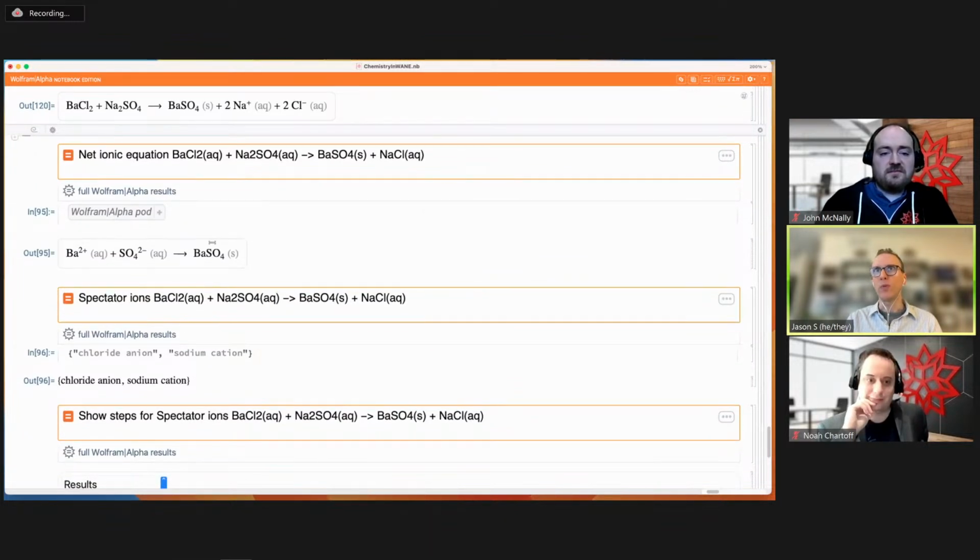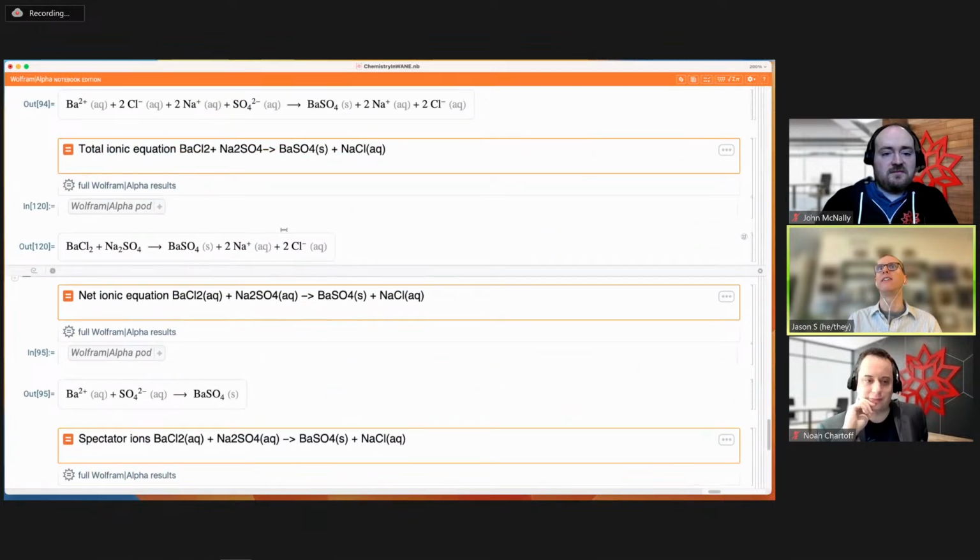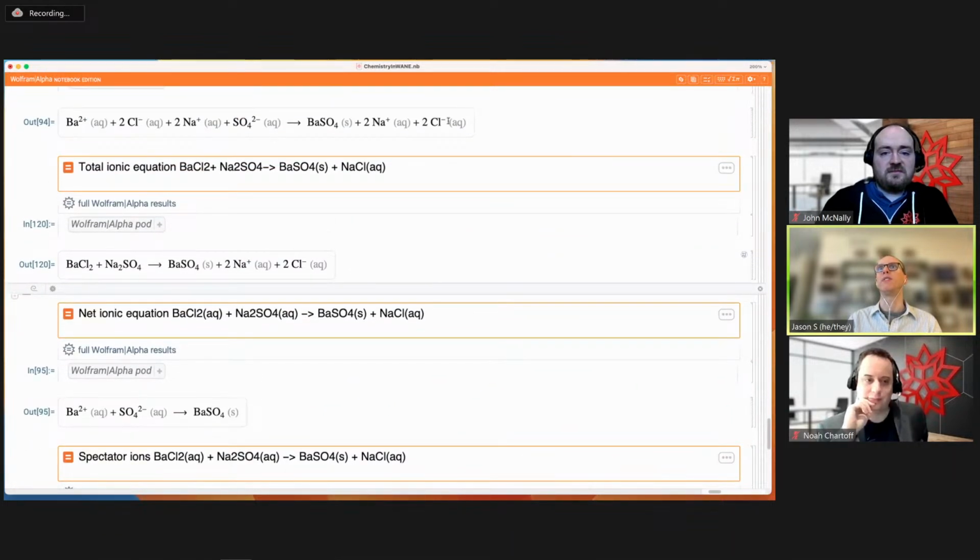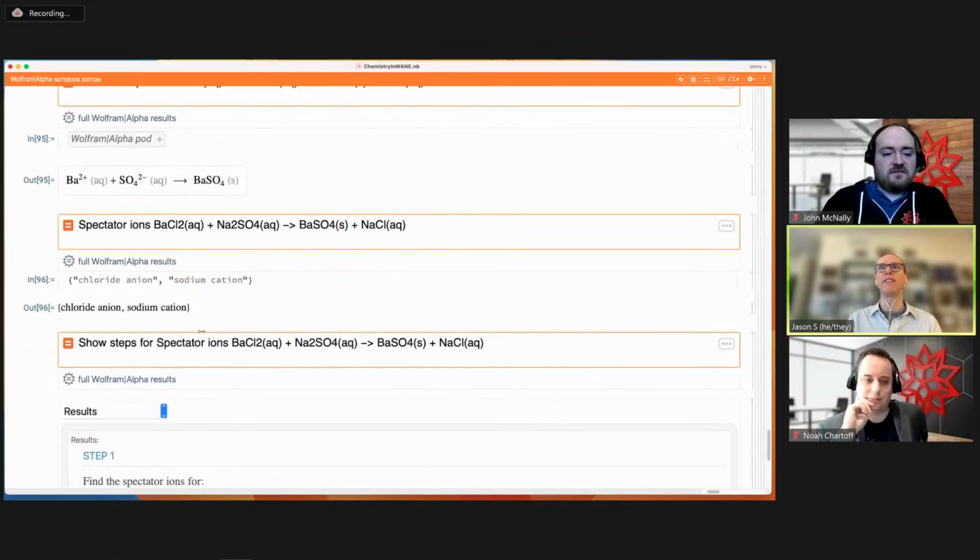And likewise, there's one other bit of information that you can get here, this notion of a spectator ion: ions that could be canceled out, as the sodiums and the chlorines were. That makes them spectator ions. And so you can ask for those as well, and then you get just a text list back identifying those ions. And I also appreciate that these are already identified as anions and cations,